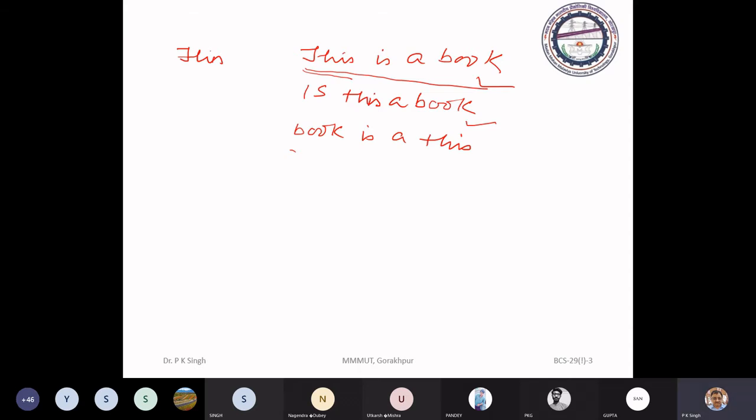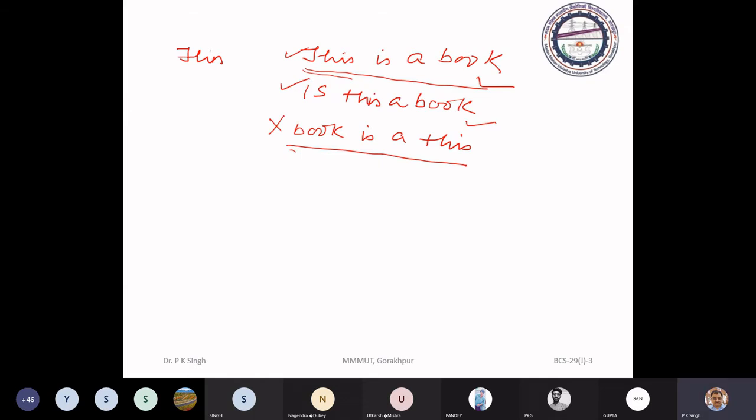Okay, the third sequence is not following the English language construct, so your mind is not able to produce any syntactic structure. So these two sequences are syntactically correct, but this one is wrong. It means these two sequences follow the syntax of the English language, but this sequence doesn't follow the syntax of the English language.